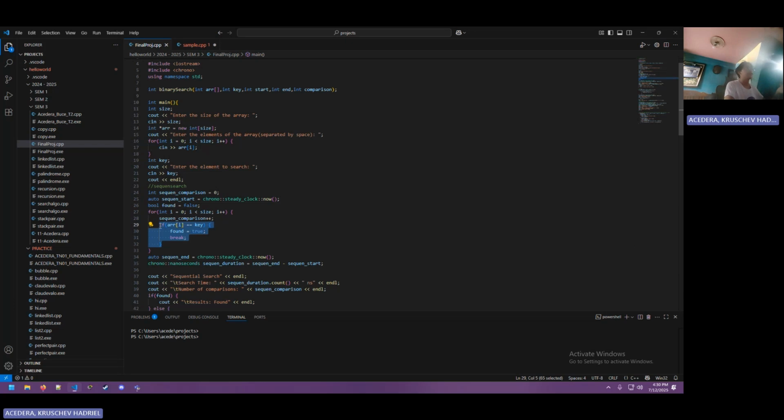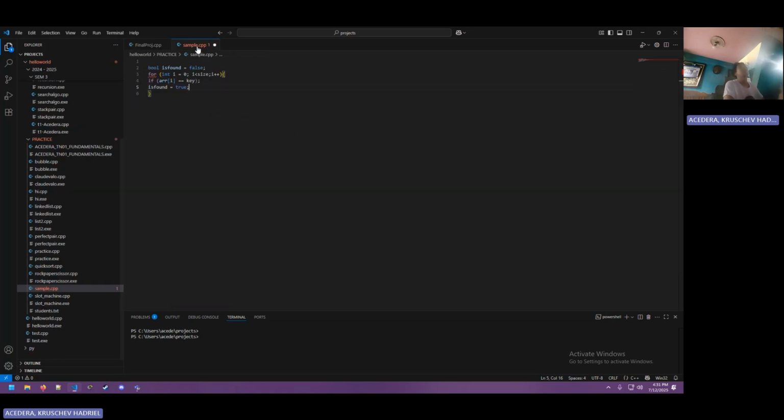And then if the array element is now equal to the key you're looking for, then simply you found the key, and then we stop the loop.